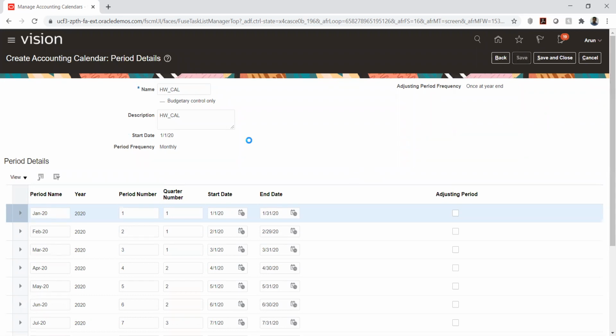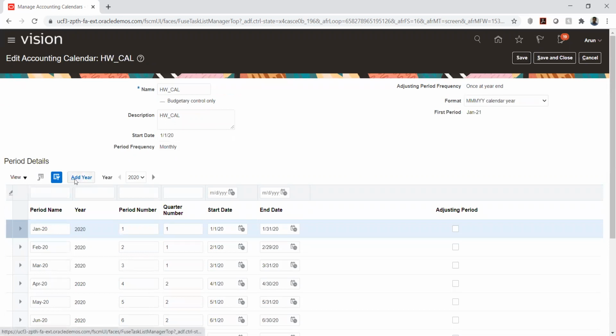When we save this and click next or open the next year, the system will open it for the next year. We can add so that the next year gets populated. 2021 is also open.